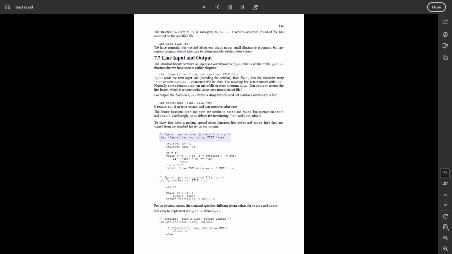/* fgets: get at most n chars from iop */ char *fgets(char *s, int n, FILE *iop) { register int c; register char *cs; cs = s; while (--n > 0 && (c = getc(iop)) != EOF) if ((*cs++ = c) == '\n') break; *cs = '\0'; return (c == EOF && cs == s) ? NULL : s; } /* fputs: put string s on file iop */ int fputs(char *s, FILE *iop) { int c; while (c = *s++) putc(c, iop); return ferror(iop) ? EOF : 0; }